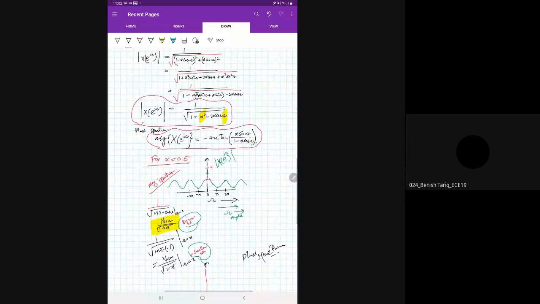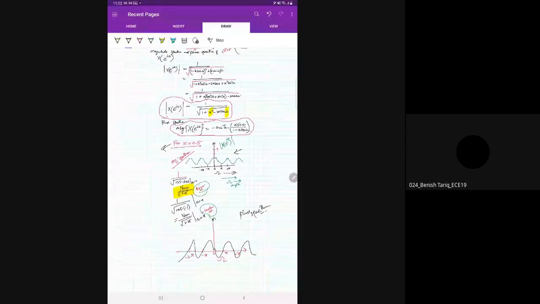अगर आप अल्फा का वैल्यू चेंज करेंगे, if you will change the alpha value from 0.5 to 0.9, then the magnitude spectrum will not be resembling like this. इसकी शेप भी चेंज होगी। Even the phase spectra will also change। ठीक है, phase spectra भी चेंज होगा।